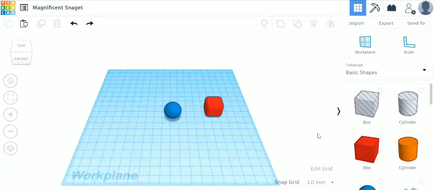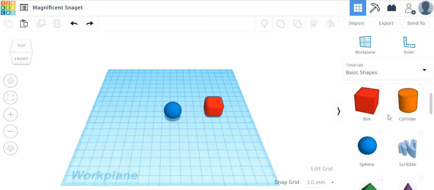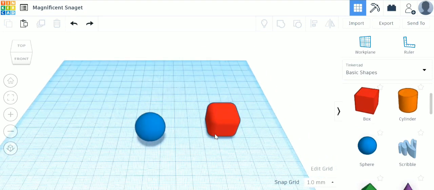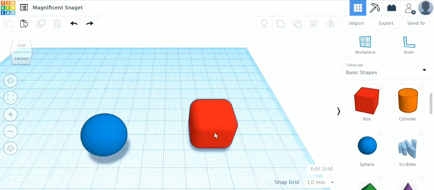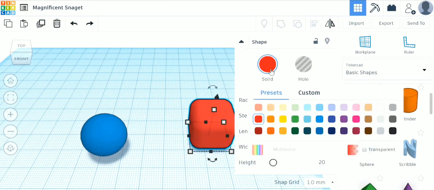You will notice that in all the shapes of the shape tab, they are associated with a particular color. But don't worry, you are not stuck with that color. For example, if you are taking this dice here, just click on it and go to here, solid.